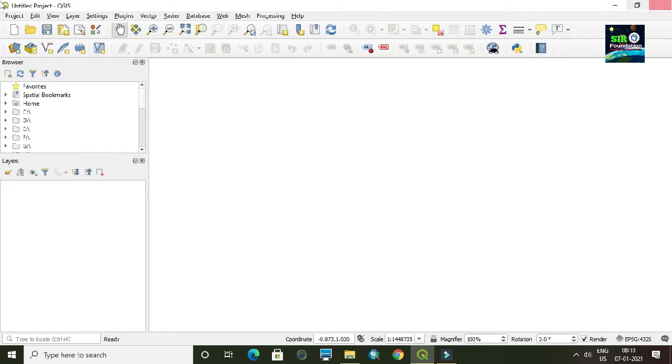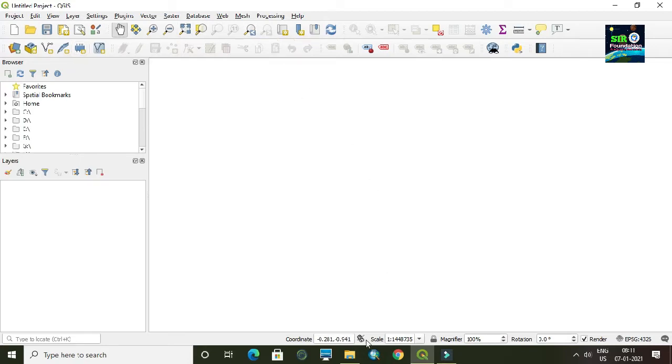Here you can see the QGIS interface. This is a display unit. Whatever work we are doing in QGIS, we can see that entire task over here in this big whiteboard or window, you can say. Here it is a browsing window, here it is a layer window. Here you will see different tools, which are helpful to do different operations in this software.